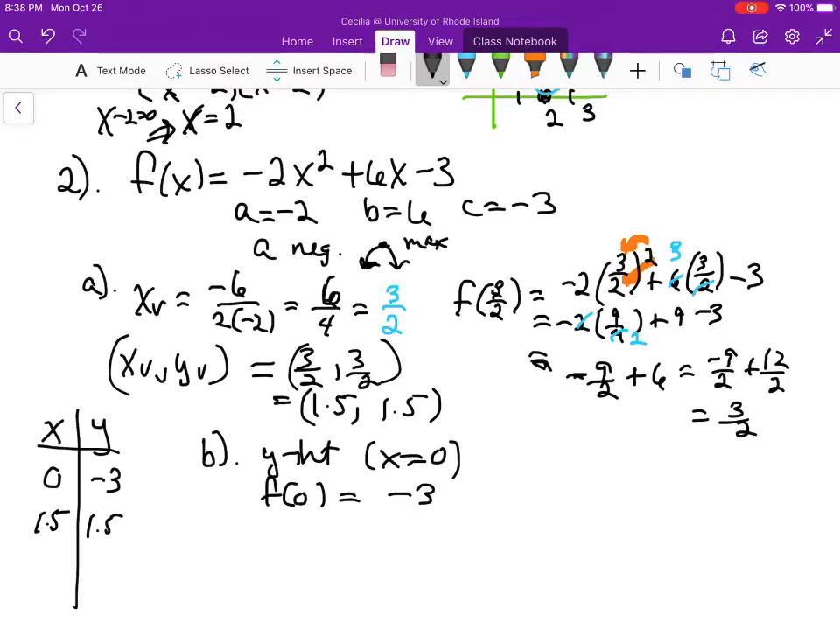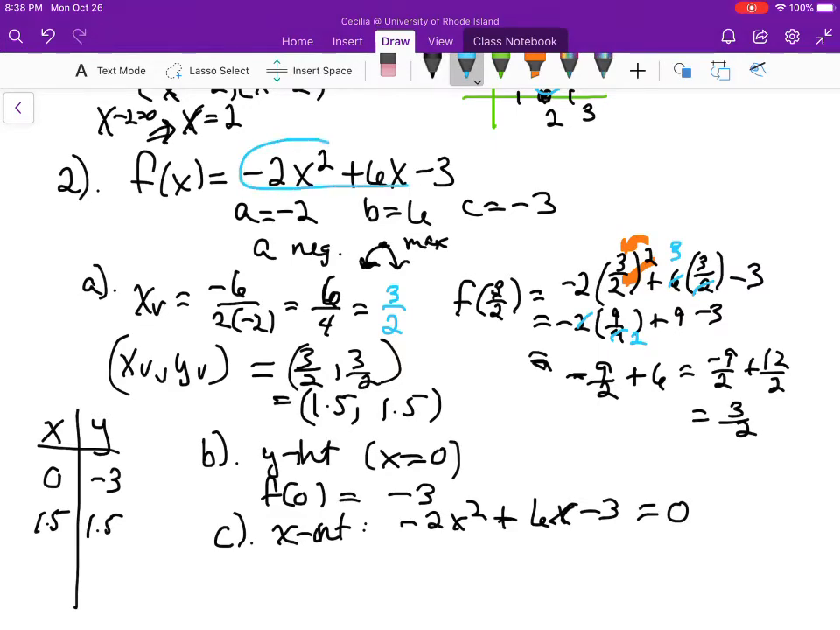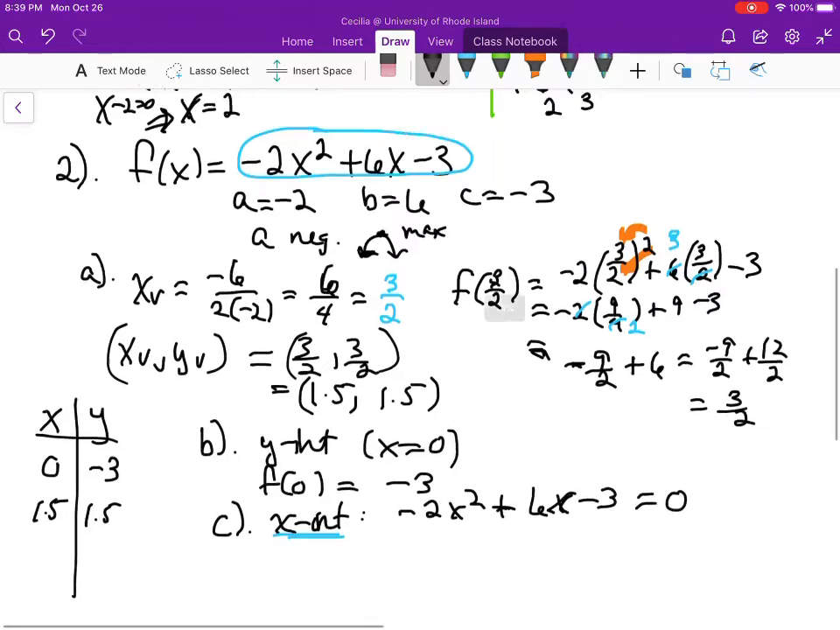Okay, now let's go ahead and find the x-intercepts. And we know that we can get this by setting our function equal to 0. So minus 2x squared plus 6x minus 3 is equal to 0. So again, I'm going to take that function, and I want to know where its height is equal to 0, because that's the x-intercept, right? So going ahead and solving with the quadratic formula this time,